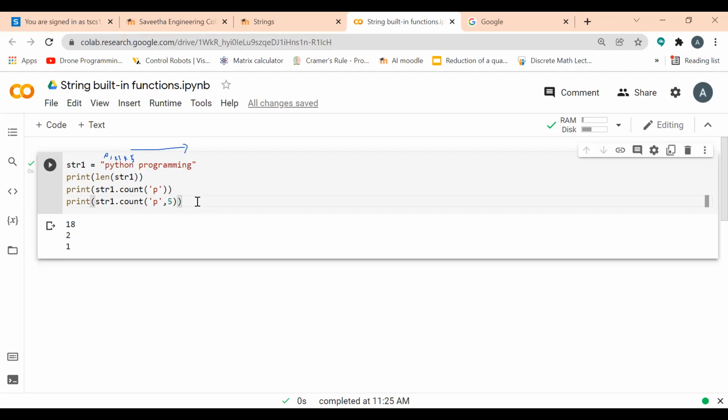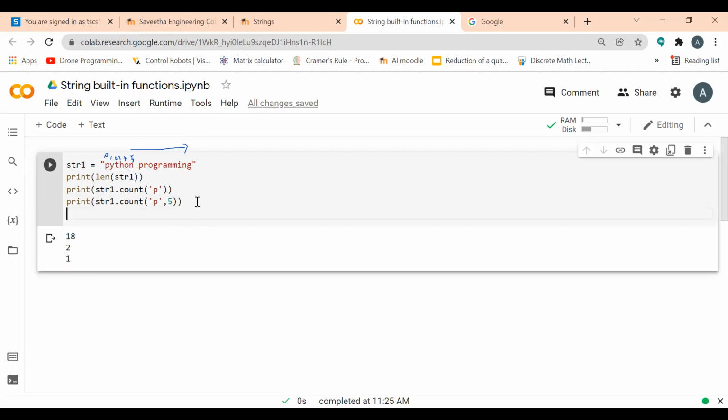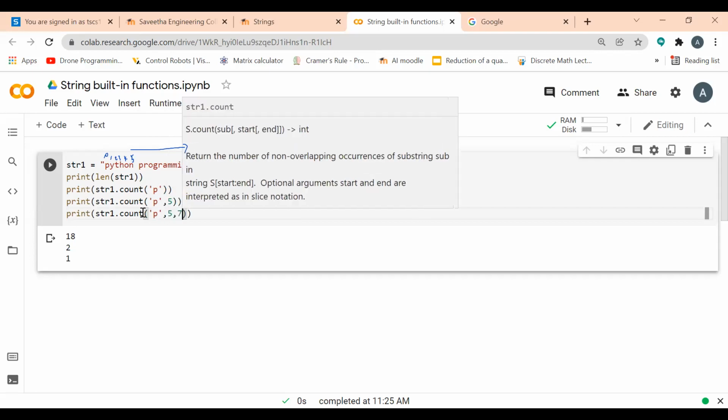Next, I can mention the starting index and the ending index. Here I have given only the starting index. I can also specify the ending index: print str1 dot count of p comma 5 comma 7.